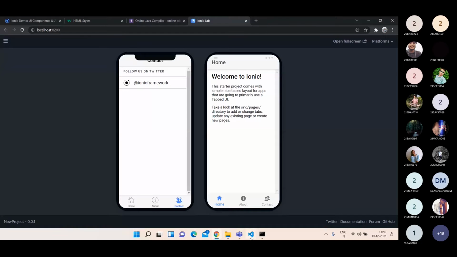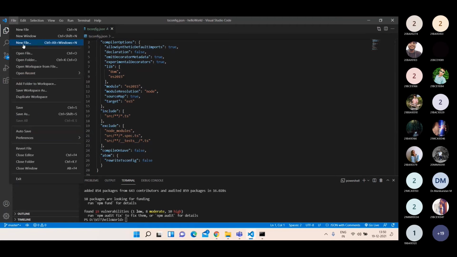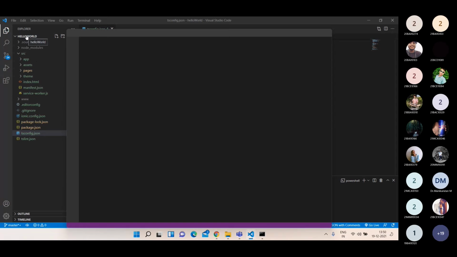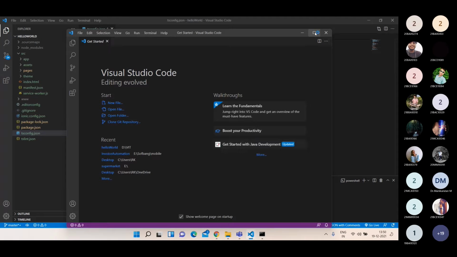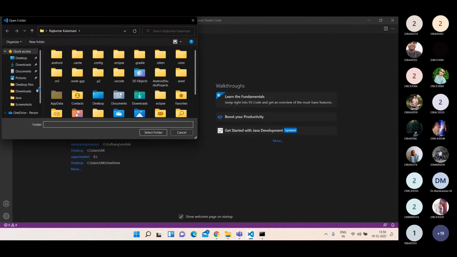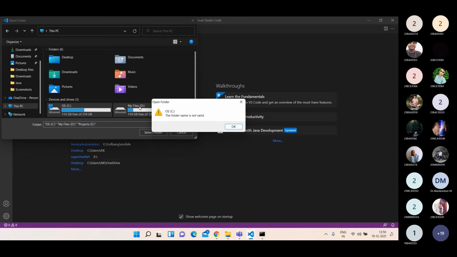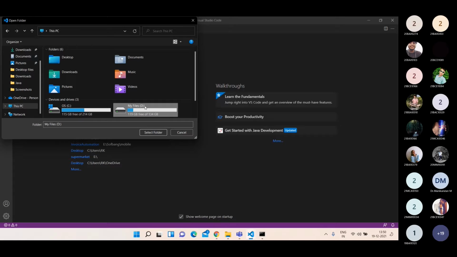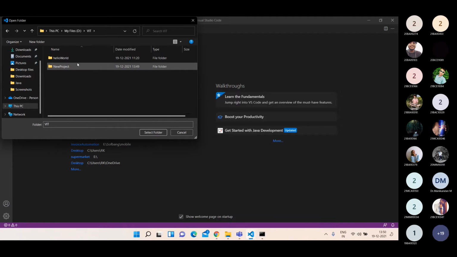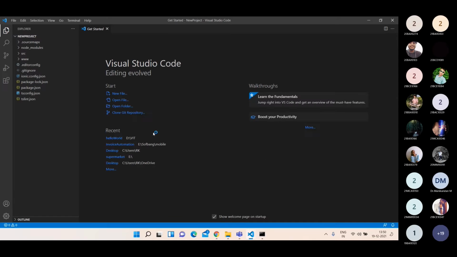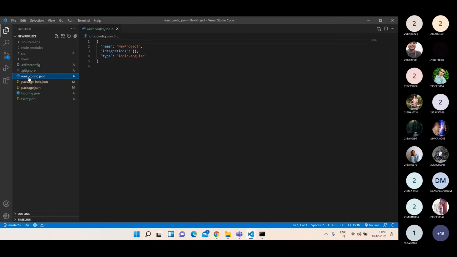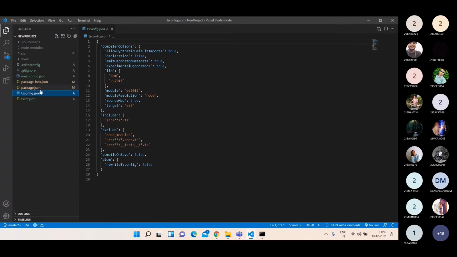If you look at the code of that tabs application, let me open a new folder. If you look at this ionic config file, everything looks the same.